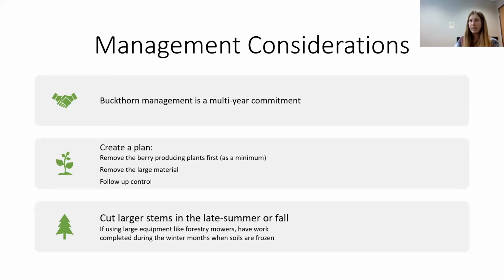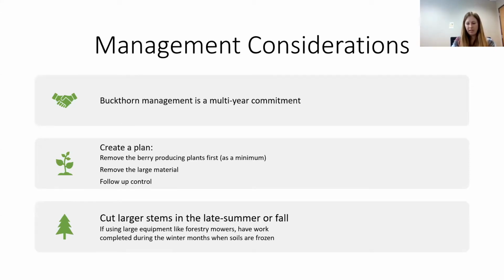Cut those plants prior to the berries really maturing, so that when you cut the stem and the shrub falls over, ideally the berries aren't falling off as you're dragging or cutting it up. So if you can cut the berry producing plants later in the summer or early in the fall, remove that seed source. That's going to be your first step.